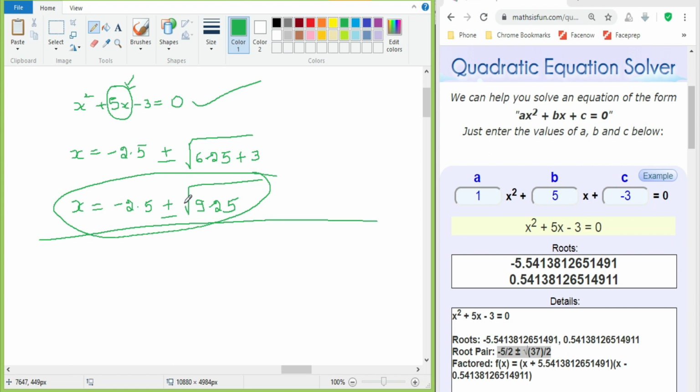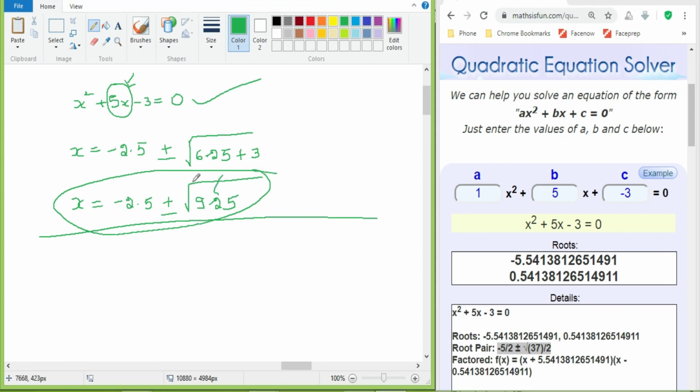Yes Rohit, we'll discuss that. What if a is not equal to 1? That is what I am going to discuss now. Now look here, when it is an odd number, you can do it in different ways. One is by taking the decimal point over here, dividing it by 2, you will get a decimal point. Take the square of the decimal, you will get the number in 2 decimal places, and you can add or subtract based on the given condition there.